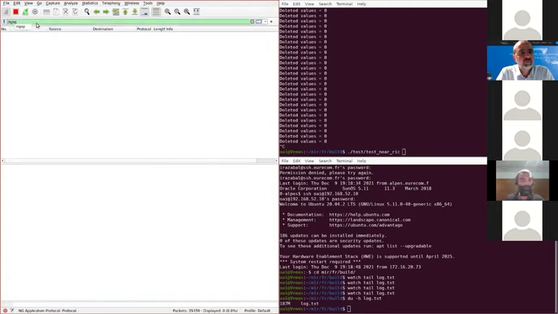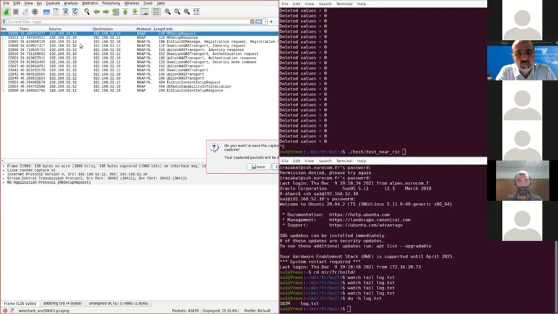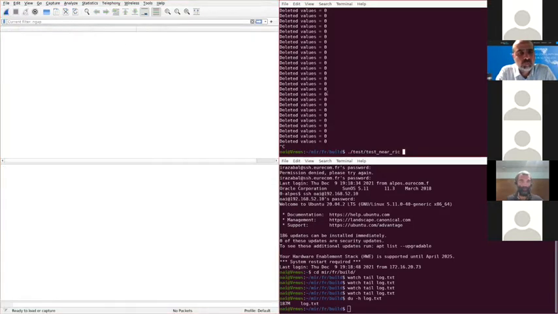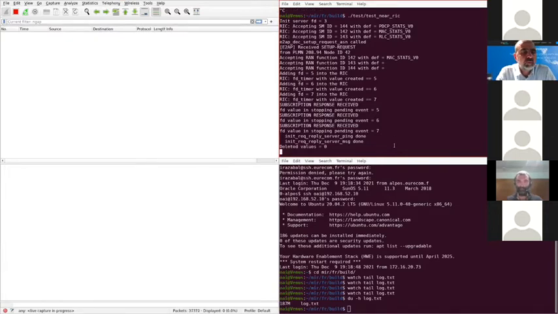Here, okay, I will stop here. You can see that the NGAP messages were interchanged between the base station and the UE. And okay, so now if we run our Wireshark again, we can start our RIC. Our RIC interchanges some data here. And if we stop here,